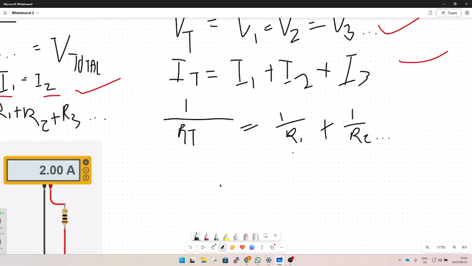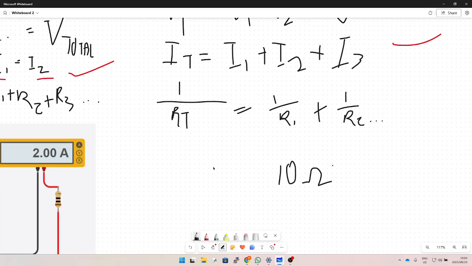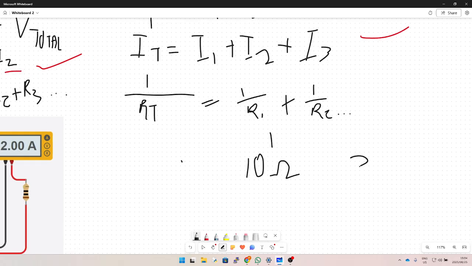What this means is, let's say your resistor 1 is 10 ohms, and your resistor 2 is, let's say, 30 ohms. And you need to remember your calculators for this, just a warning, because I don't want to be doing just maths in my head. 1 over 10,